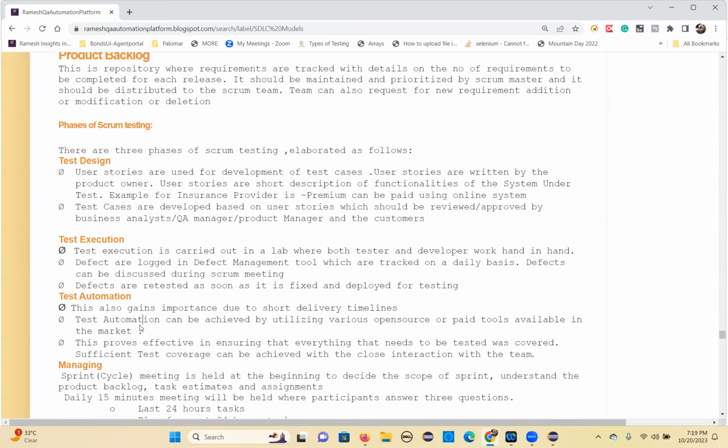Where will you get time? In the 14 days period, the 2 weeks sprint time period, you have time only to test the new feature, new user stories only. Where will you get time to test the older features? So in order to cope with that, all the companies will plan for automation testing to cover the regression testing. So every sprint itself,